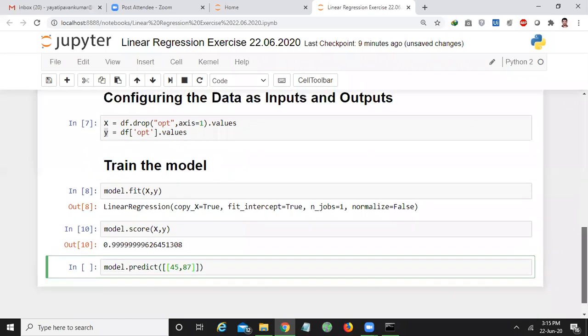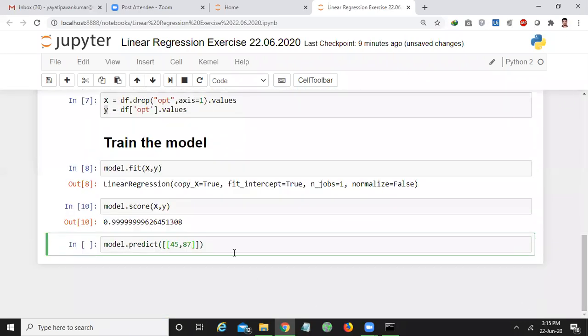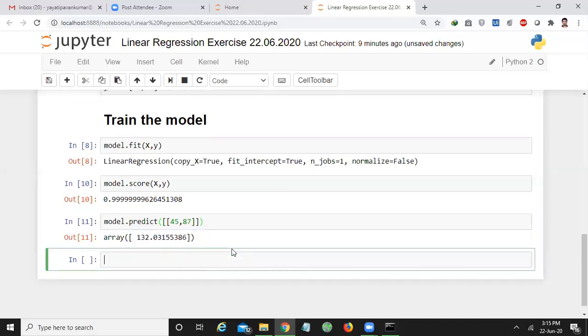And now I want to add this 45 and 87 and I want to check the result. Okay, how much you got? 132. 132.031, something like that. So this is the predicted value.